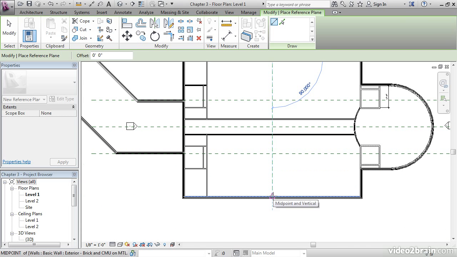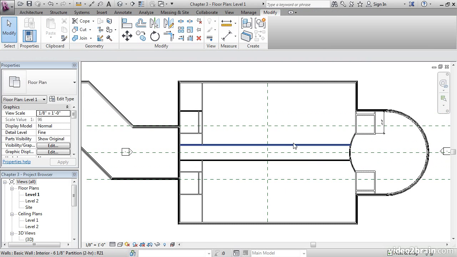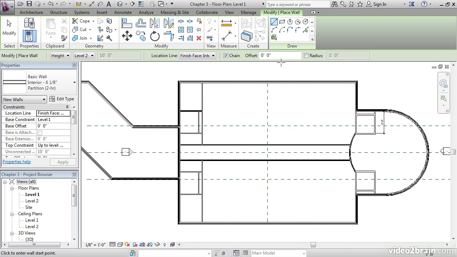Come down here and pick this midpoint. Hit escape a couple times. Right-click on this horizontal partition and go to create similar. On the options bar, let's give it an offset of 4 feet. Let's draw a line